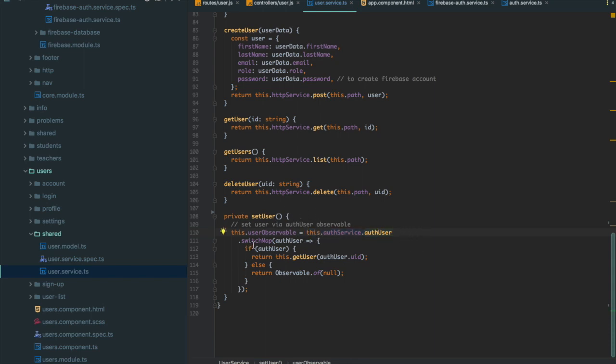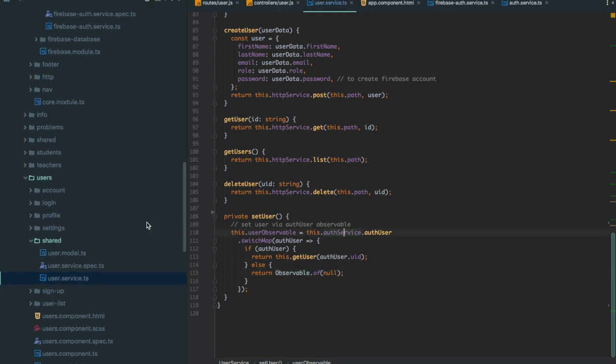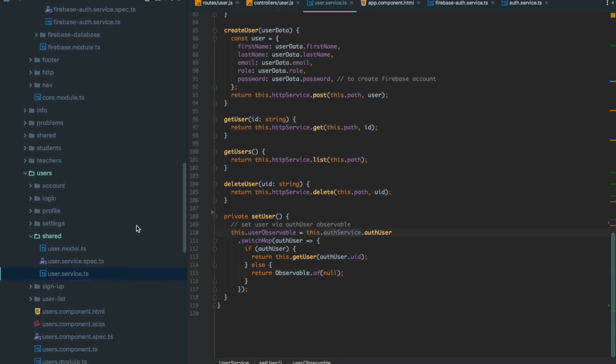And then I switch map that observable to return my own observable, which is get user for the particular ID provided by the auth user observable. So this is a way to get around having a user set without having a user logged in, and if a user logs out, it will also be set to null, since the switch map is updated in that sense. And this is a technique I used quite